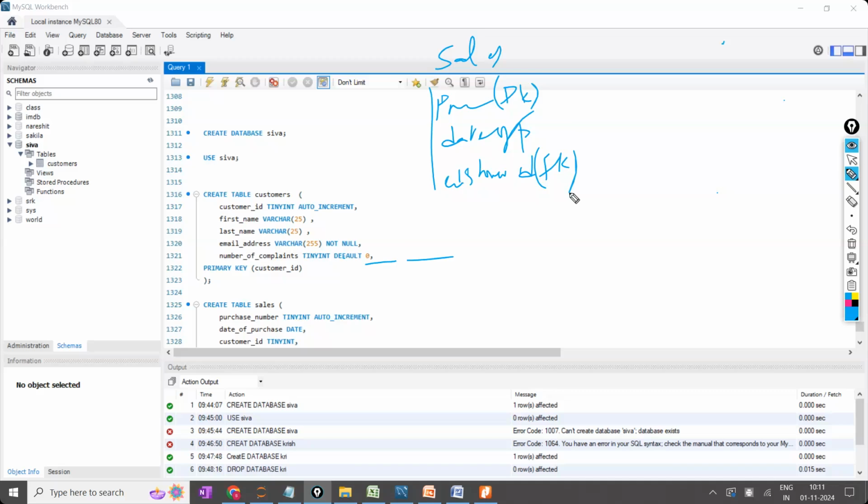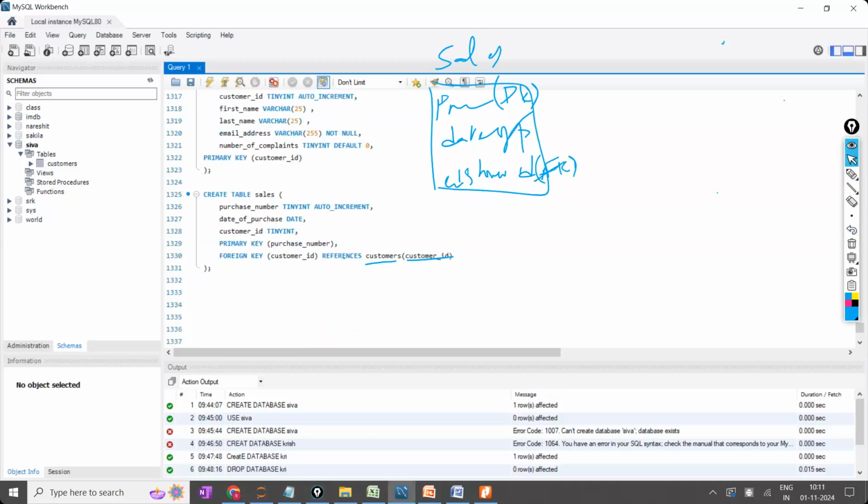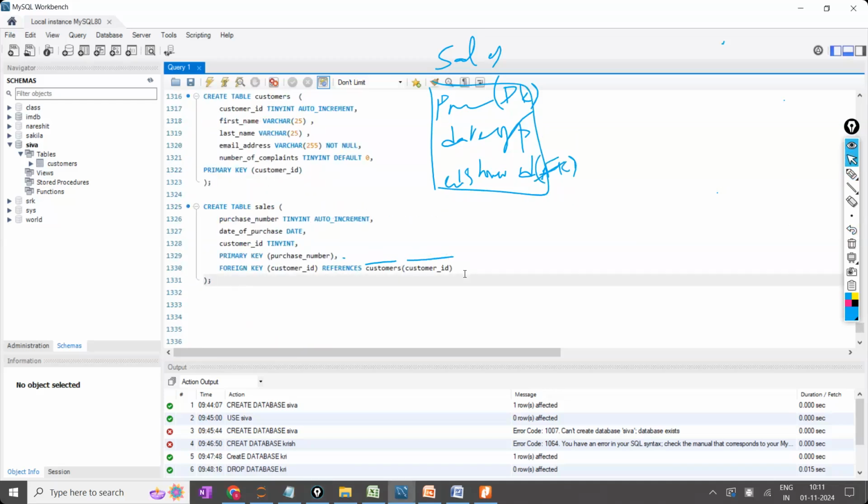Now after this, you are going to draw the diagram and connect between them. You are going to give the connections simply by using the references, to which table it has to be connected. And you are going to add ON DELETE CASCADE. What is the meaning of ON DELETE CASCADE?